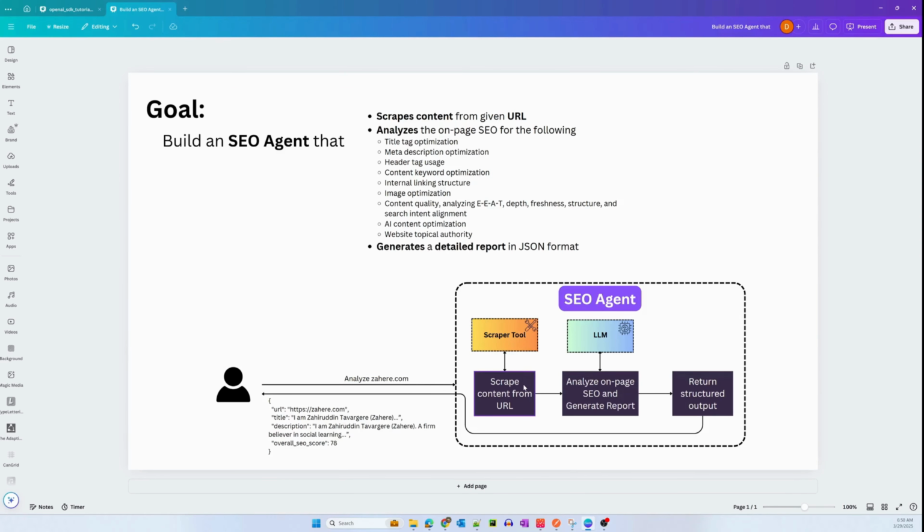The expectation from the agent is that it is able to take that URL and scrape content from that URL using tools that it has at its disposal. It'll analyze the on-page SEO, then generate a report using an LLM and return a structured output. If you've been following my channel, I create agents using Python or Python-based SDKs, but today